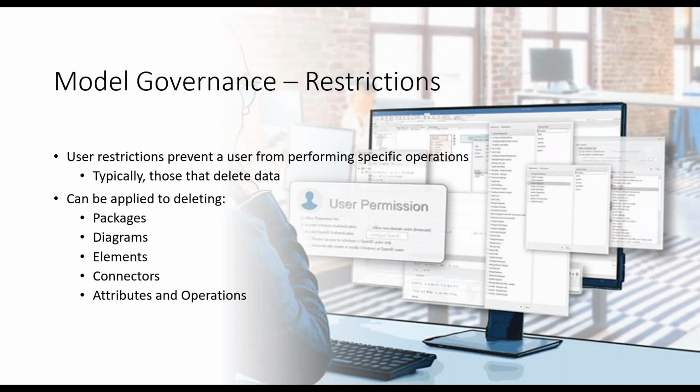We had a scenario from one of our customers where they had new modelers come into the organization. They didn't understand how the model and the diagrams work, where a model element can show up on many different diagrams. They might have a Visio background where if something's on the diagram, that is its home. And then they've deleted this element out of the model and it's removed itself from all diagrams and obviously caused harm to that model. So now to stop that scenario, you can give those users a restriction to delete.